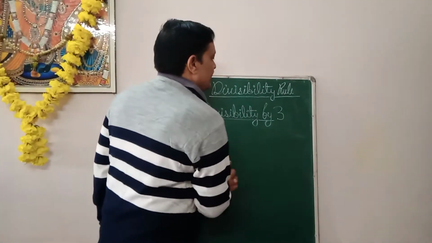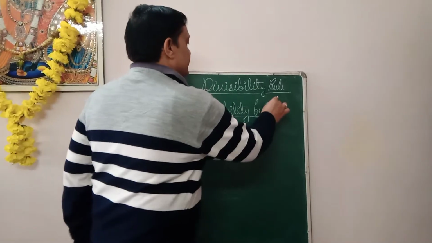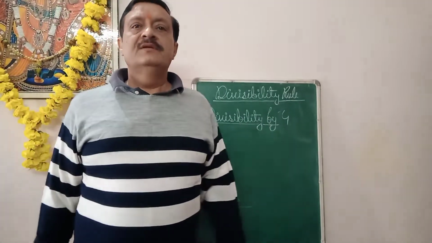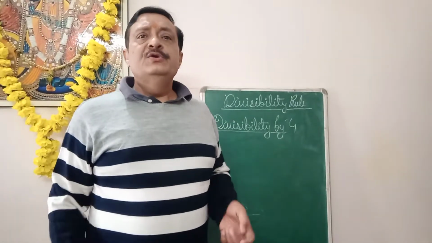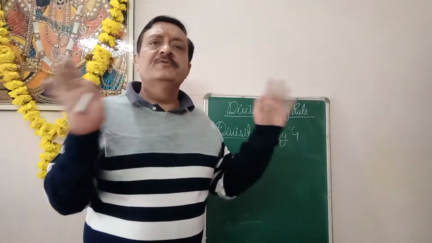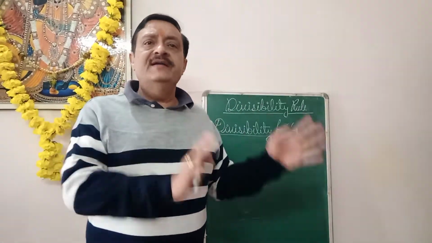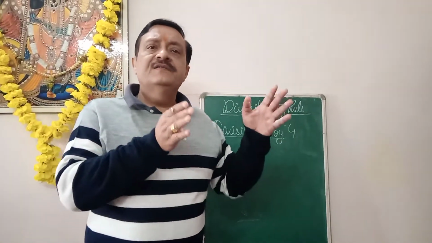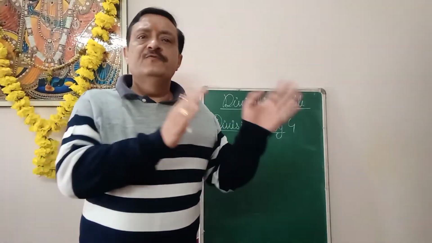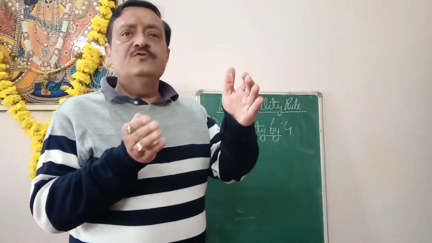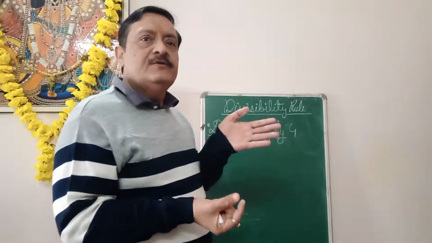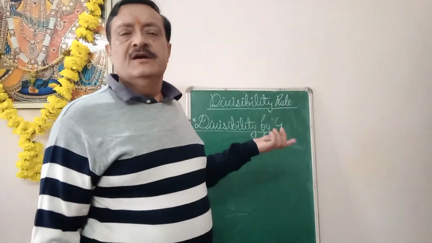Now let us do divisibility by 4. In case of divisibility by 4, we would be interested only in one part of the number to be divided. जो संख्या को डिवाइड करना है 4 से, उस संख्या के सिर्फ इकाई और दहाई वाले स्थान पे जो नंबर्स हैं, हम सिर्फ उन्हीं को देखेंगे। और if वो दोनों डिजिट जो नंबर बना रहे हैं, वह नंबर अगर 4 से डिविजिबल है तो वो पूरी संख्या भी 4 से डिविजिबल होगी।